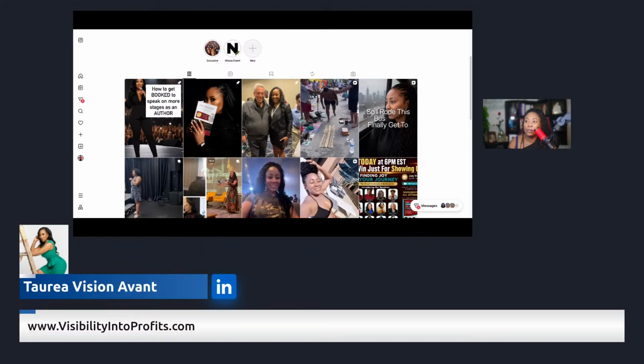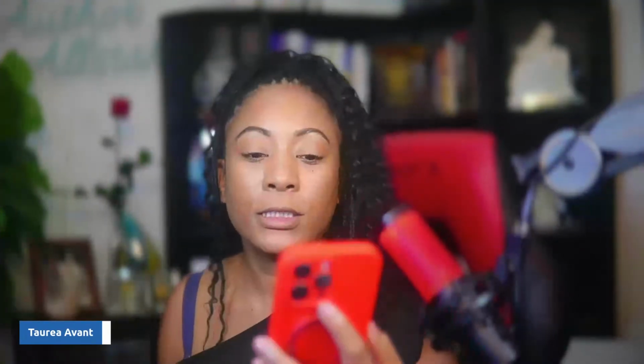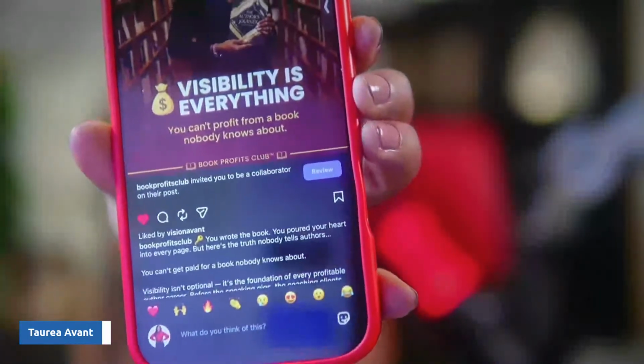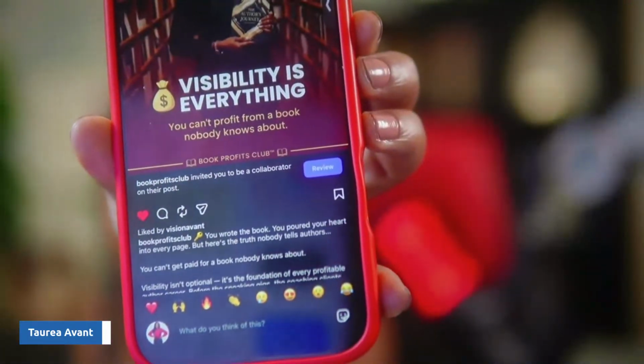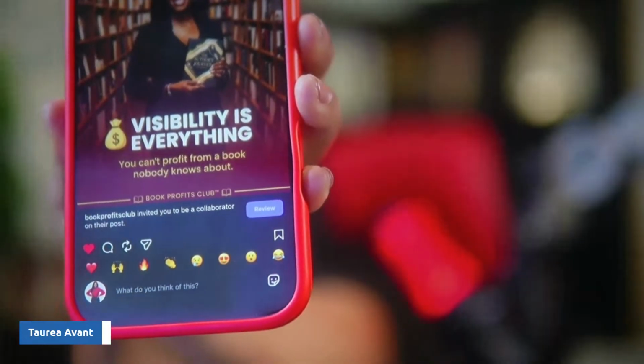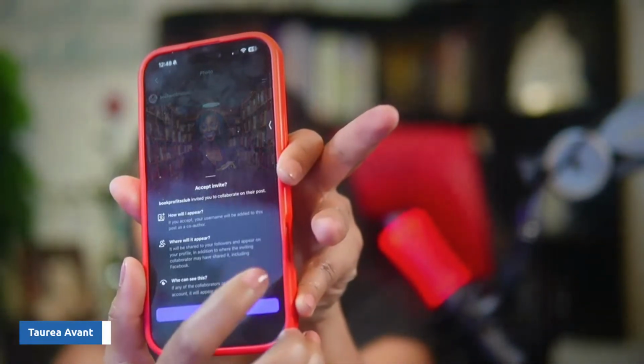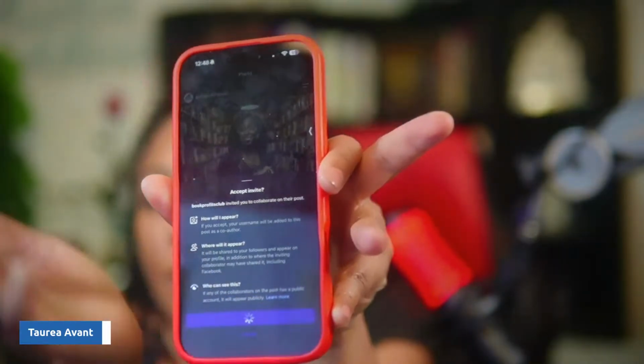Let me remove this comment and let y'all see my phone. So this is what it looks like. It says Book Profits Club invited you to be a collaborator. I am literally going to click review and then accept.